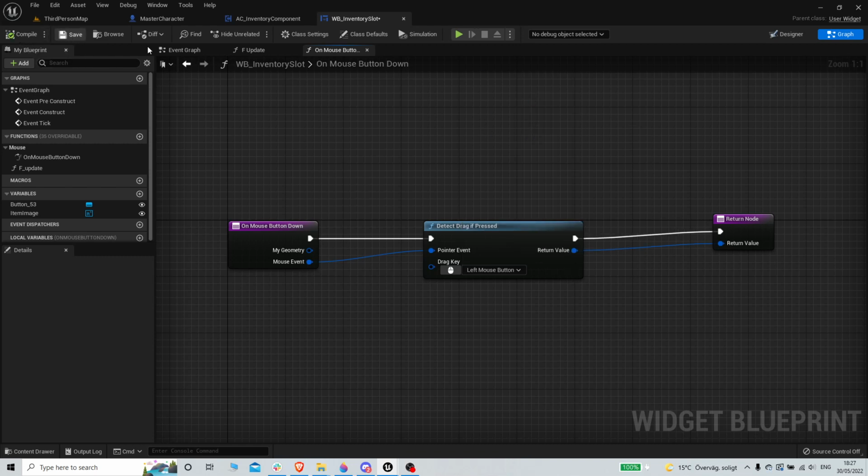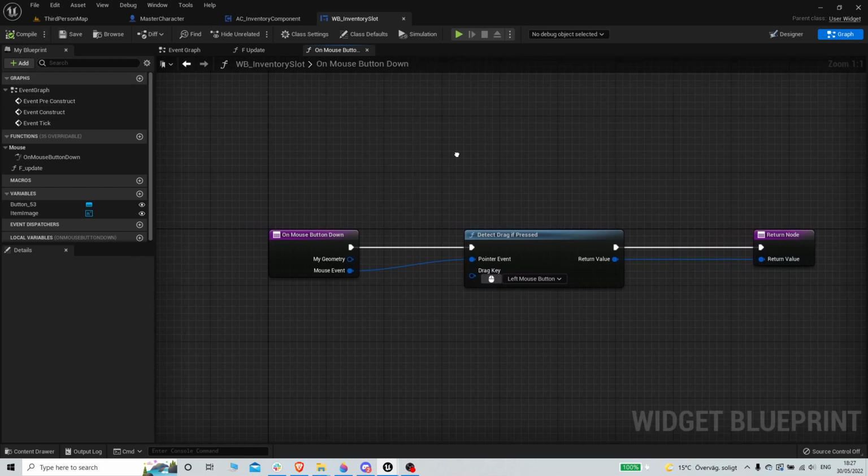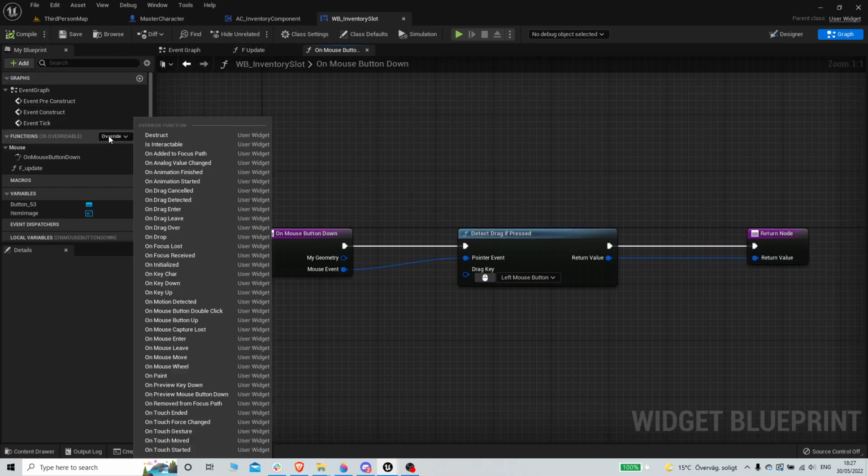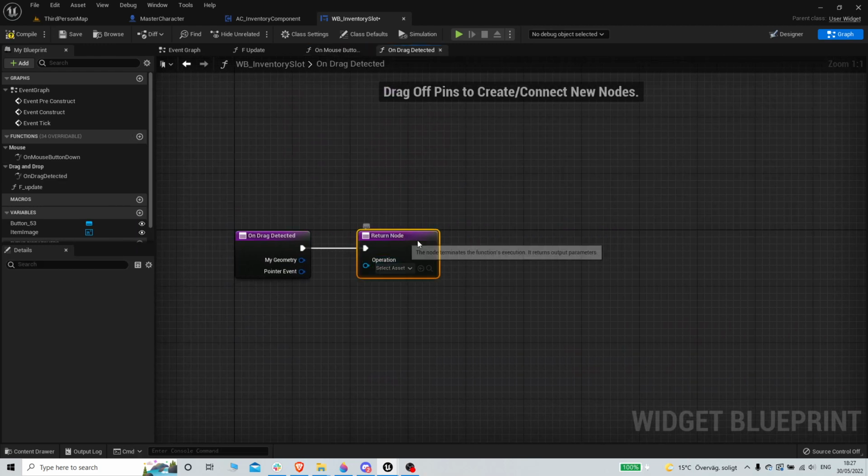Left. So if we press down with our left mouse button, we detect drag. And then we need another override called On Drag Detected. So that's what we're doing here. We're detecting drag if we press the widget with our left mouse button. So that means on drag detected,